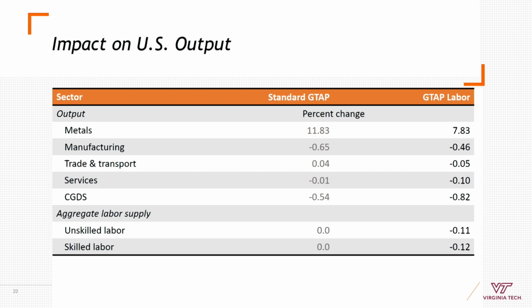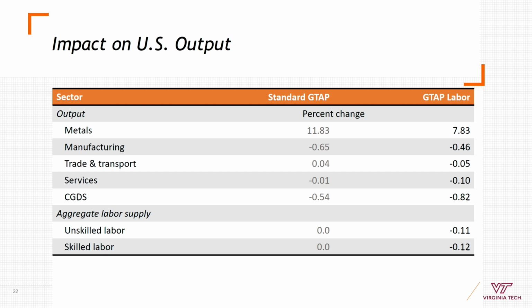Now, the reason why I had these other sectors in here before, right? These aren't big changes, right? But we had some small changes over here in the GTAP labor model, right? So we're going from a small positive to a small negative and a little bit bigger negative for services, right? But since services is such a big sector in the U.S. economy, right? They use a lot of labor, right? And so that's going to have a fairly large impact on unemployment, right? If you have even a small change in services, right? Just because they use so much labor, okay? And